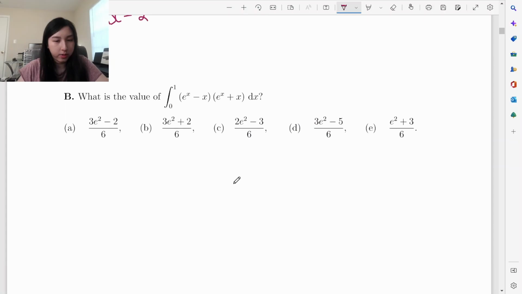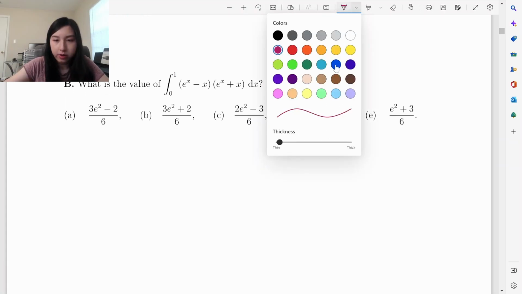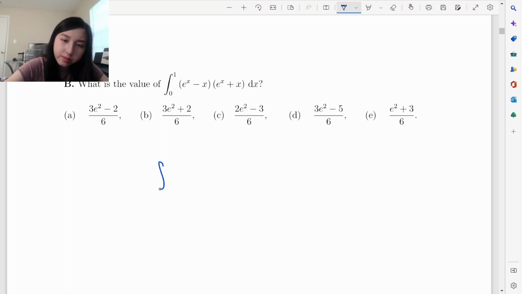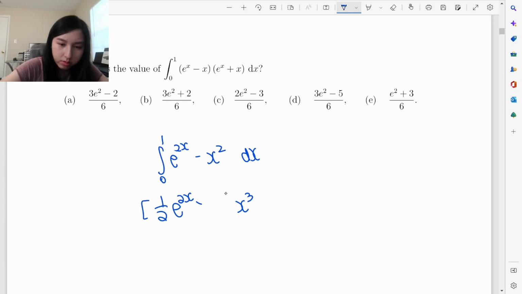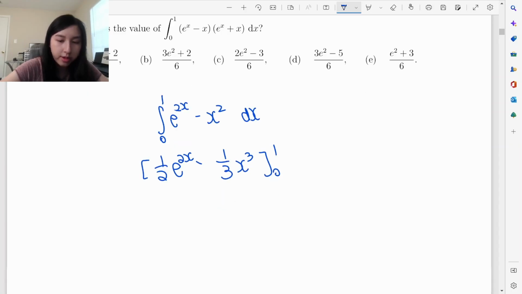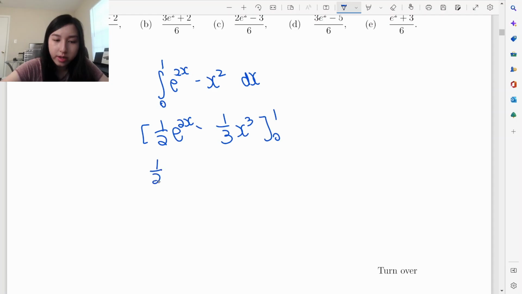Okay, let's look at this one. What is the value of this integral? We'll do difference of squares first. So e^x squared minus x squared, and then dx. And then if you integrate, e^x is 1/2 e^(2x) minus 1/3 x cubed, from 0 to 1. Okay, and then plug it in. So 1/2 e squared minus 1/3 minus 1/2 e to the 0